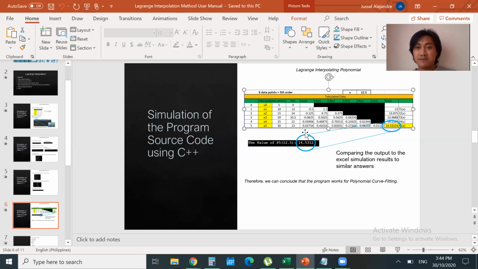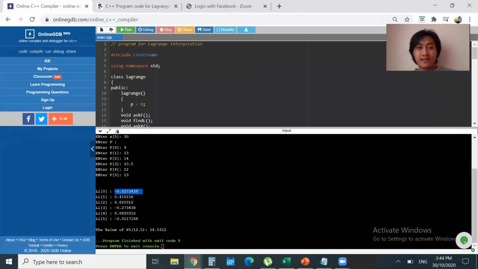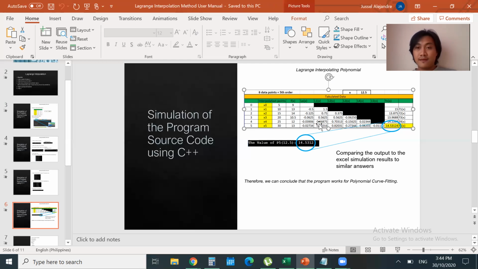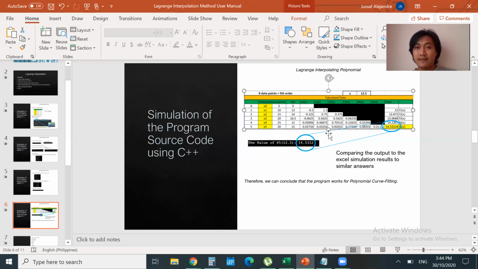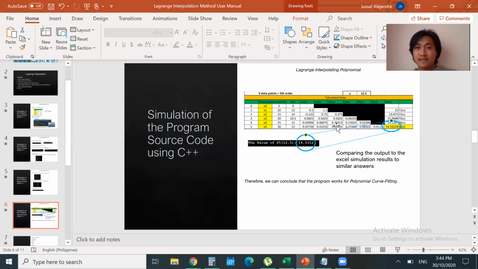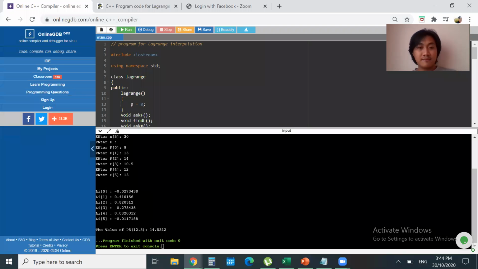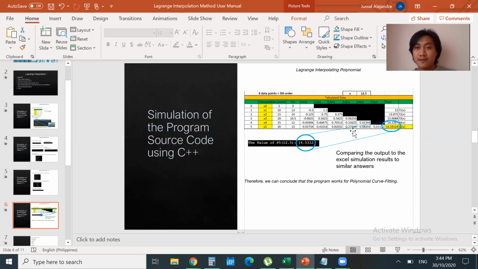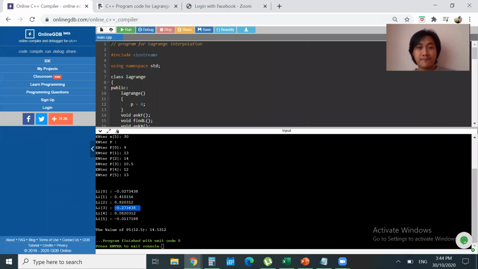The first term is negative 0.02734, the same. Next is 0.41016, the same as here. Next is 0.82031, same as here. 0.27344, also the same.